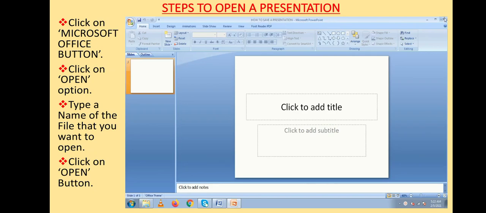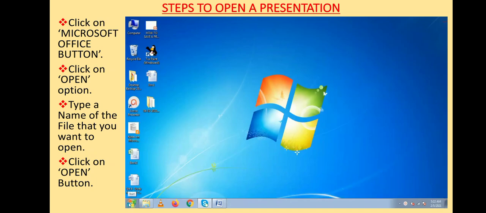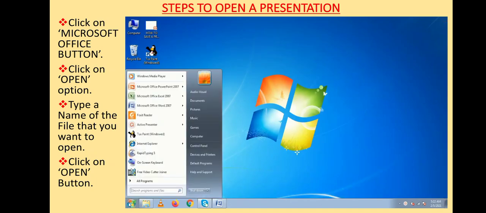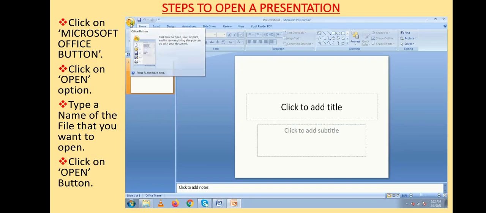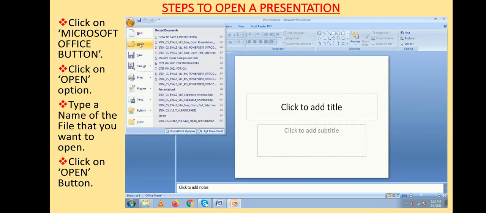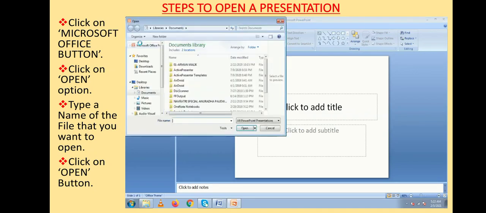Or you can open a PowerPoint presentation by opening MS PowerPoint, then clicking on the Office button, then click on Open option. A dialog box will appear.